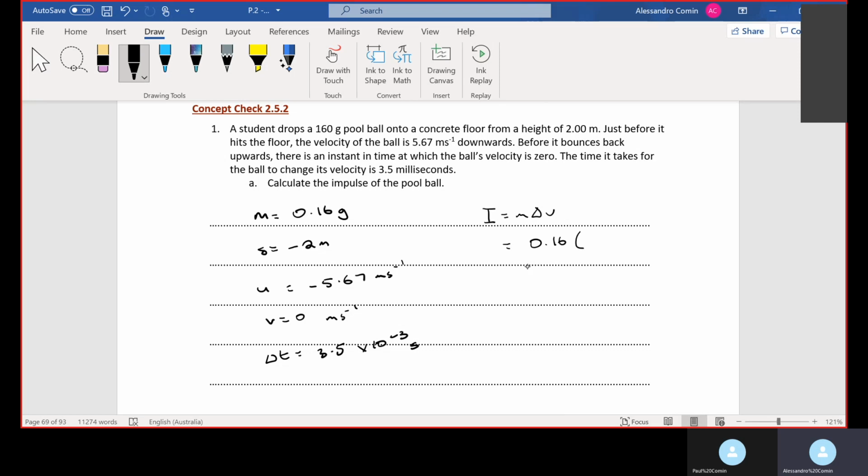The final velocity is 0 because there's an instant of time before the ball's velocity is 0. And it claims that it takes 3.5 milliseconds. So minus 5.67. So it's going to